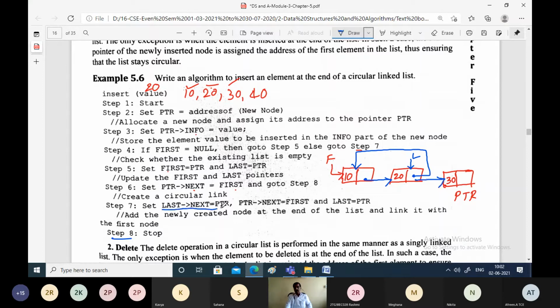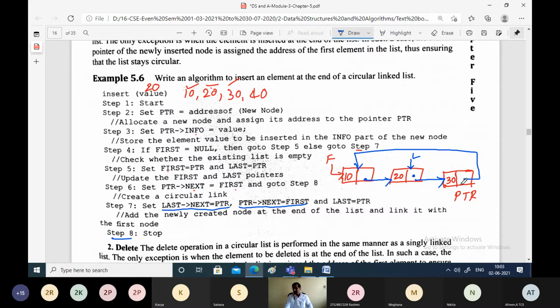This is the step: last pointer next is equal to PTR. When it is pointing to PTR, this will not point back to the first node. Now PTR pointer next should be made to point to first node, because it has to become a circle.